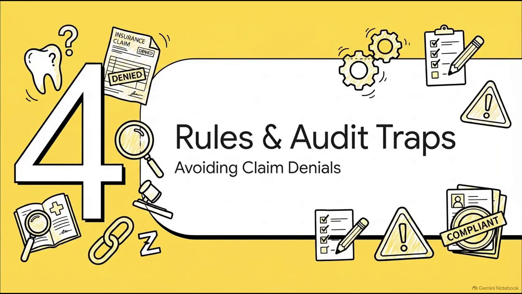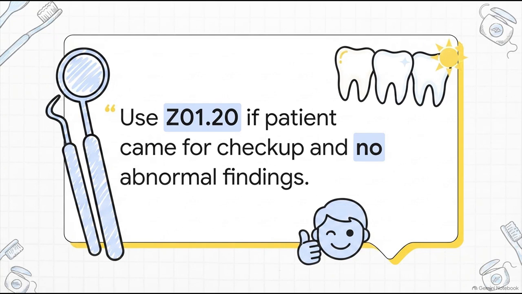Let's move into Section 4, where we cover coding rules and audit traps. We're moving from definitions to the actual rules of the road, the stuff auditors actively look for. Rule number 1 is super straightforward. If it is a clean bill of health during a checkup,